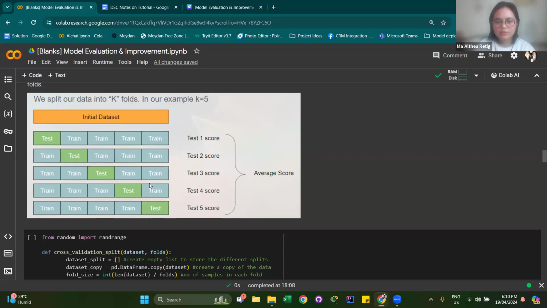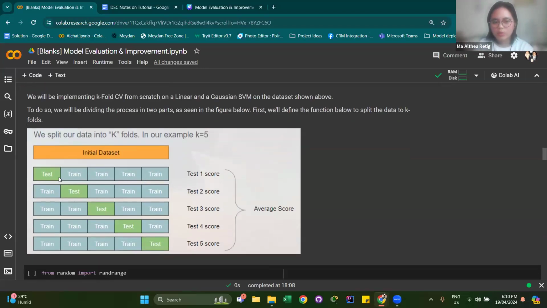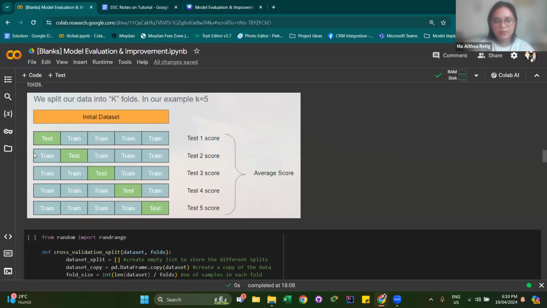But when it comes to k-fold, we want to avoid keeping one part of the data set as our sort of dark area for the machine learning model. So in order to avoid that, we use k-folds, where given a number of folds, we iterate through each fold, making sure that the model is exposed to all folds throughout the training process. And you can see that over here. You can see this first one is kept for test, but in the next iteration, the second fold is kept for test. So it just goes on and on